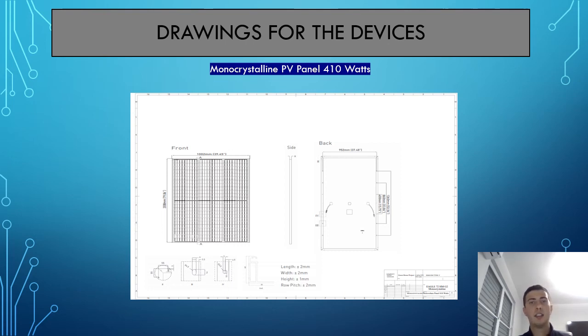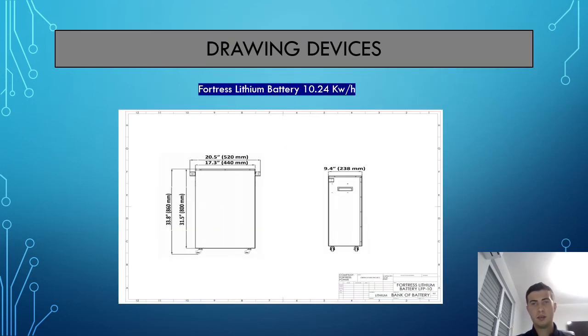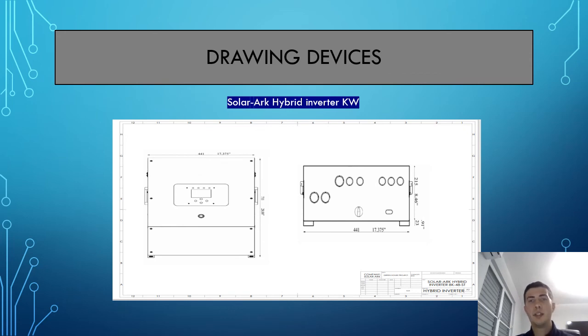That is the monocrystalline PV panel, the 410 watts, the Fortress lithium, 10.24 kilowatt hours, the Solar Ark hybrid inverters in kilowatt,